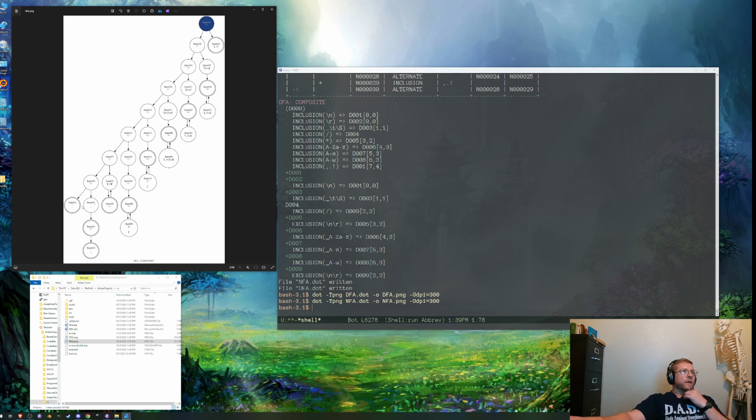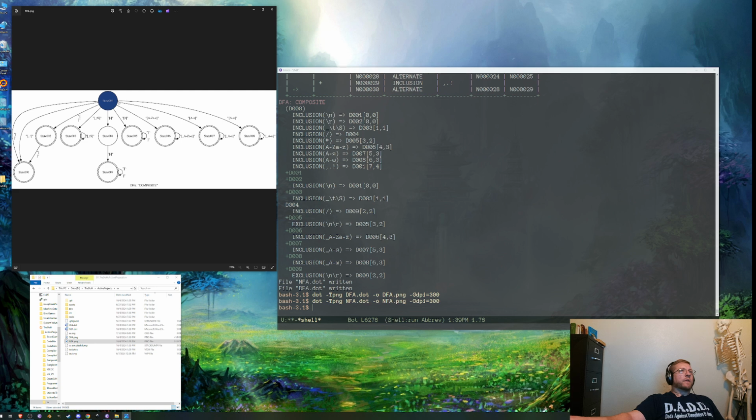Or newline or carriage return, optional newline. And the DFA then looks like this.